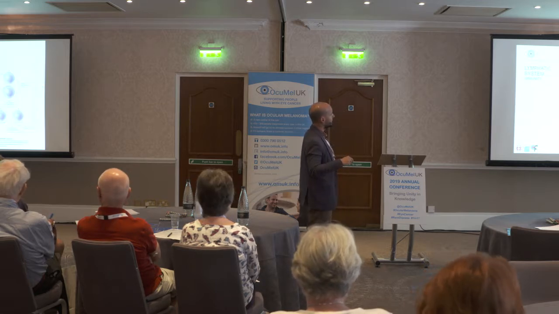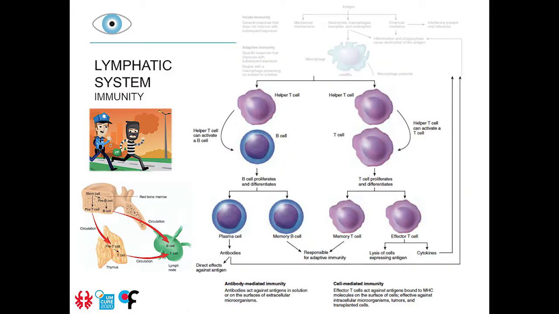And these T helper cells will generate two different types of adaptive immunity. Immunity which is dependent on cells, and there will come the cytotoxic T cells, okay? The T cells that will produce substances that will kill all the bacteria, all the tumor cells that are external and strange for the body. And they will generate effector T cells that will kill these stimuli, and memory T cells, so the registry for the thieves. Okay, they will recognize immediately the same thief every time he tries to enter a house.